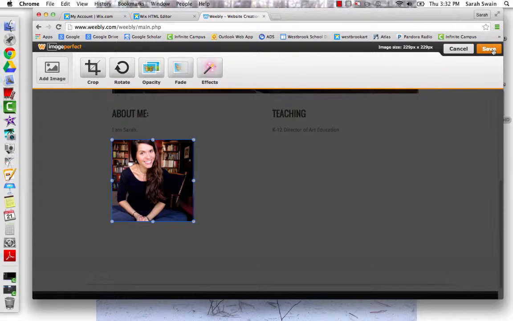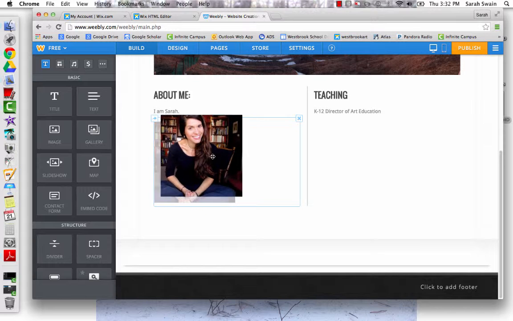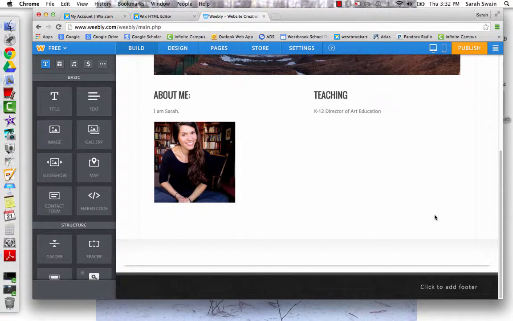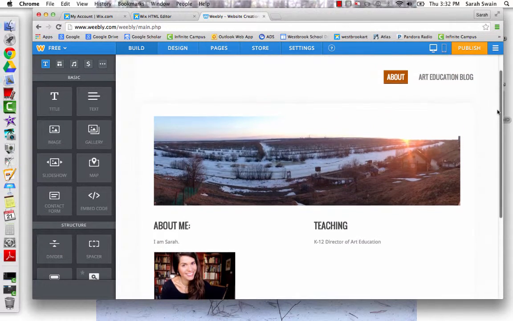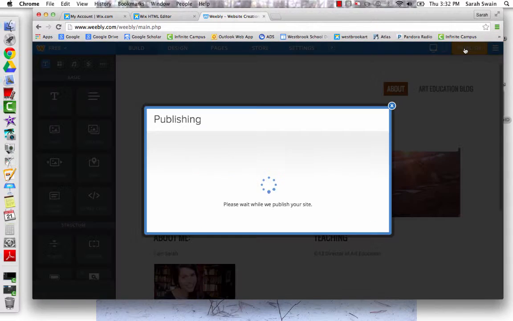So when I put that image, I say save. You always have to save your image when you put it on. And now that's what it looks like. Here I am. I can move it so that it aligns better, whatever it is that I want to do to it. And that's me editing what was already there. So I've edited something. I've changed my website, and I want my website to now read like this, not what it read like last time, which was the about that had the crummy image on it and didn't have any context. So I go up here to publish again,